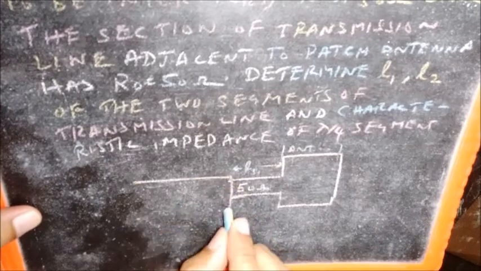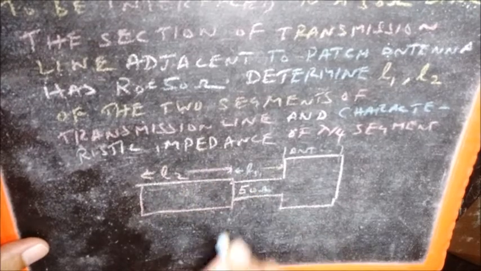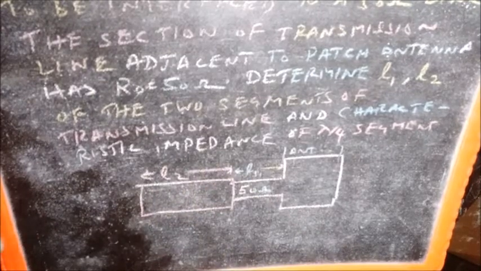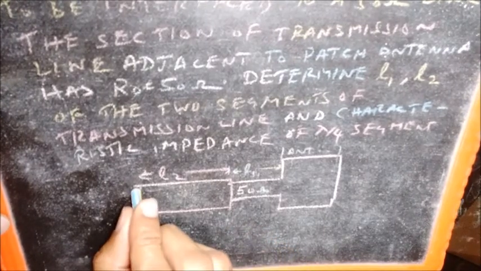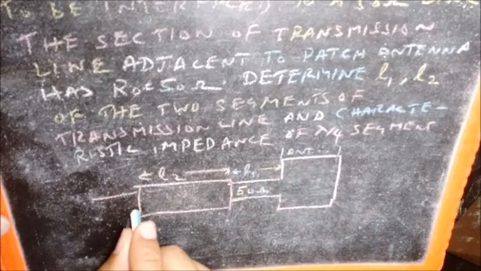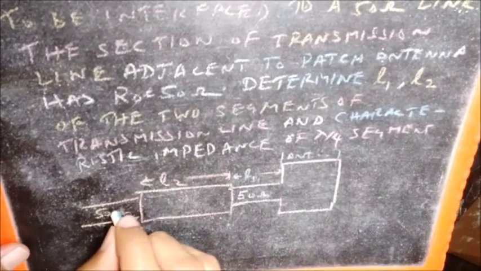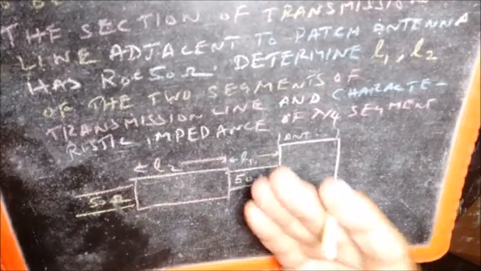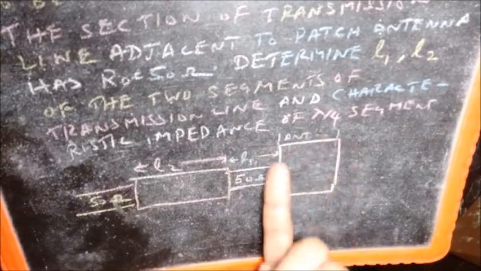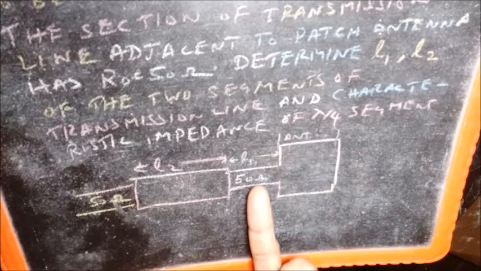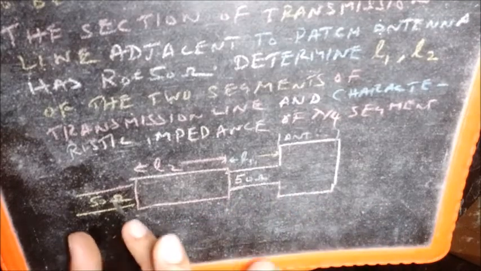lambda by 4 line here, L2, and of course L2 is lambda by 4. So that part is easily answered. L2 is lambda by 4. We should have a lambda by 4 line here, and this setup has to be matched to a 50 ohm transmission line. Obviously, if we simply connect this to this, there will be no match, because the impedance from here need not be 50 ohms, because you have a 35 plus j35 load here, and then you have a 50 ohm section here which is attached to the load. It comes as a part of the load, and then you have a 50 ohm transmission line.